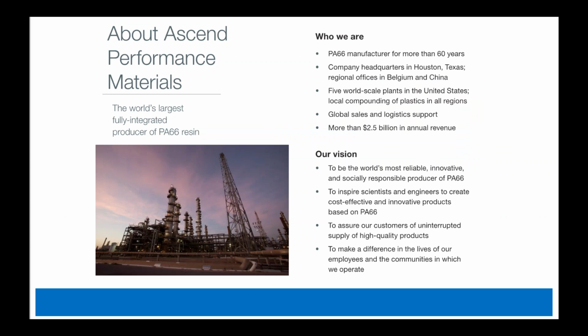We're a large-scale producer, probably the largest in the world, fully integrated in the Nylon 6/6 resin. We hope to be the world's most reliable, innovative, and responsible producer of Nylon 6/6. And if we go to the next slide,